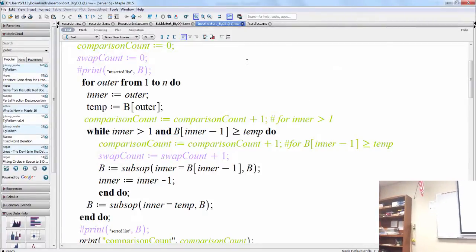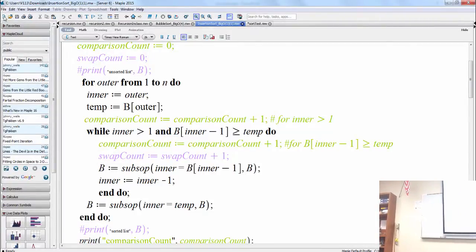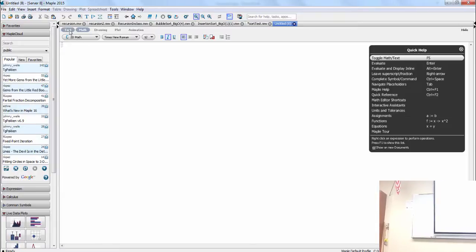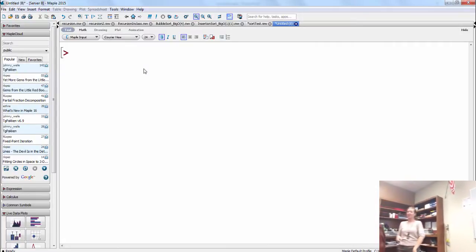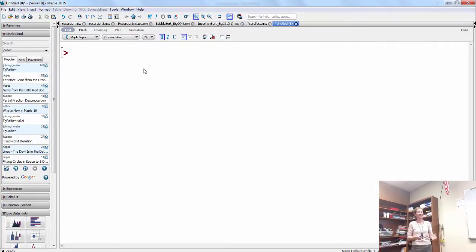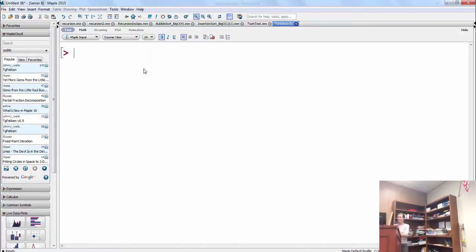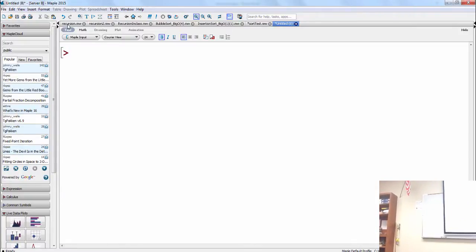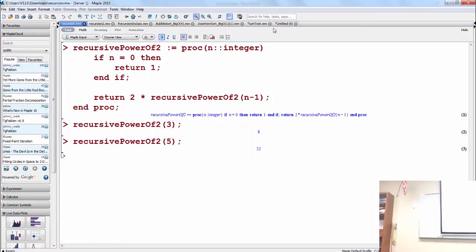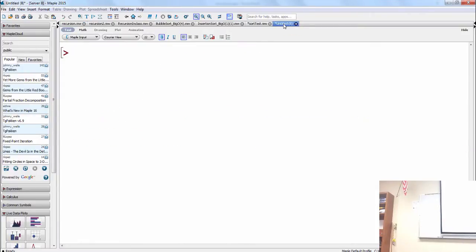Now, I did already write these things, but let's write them together, right? Kind of practice in Maple here. And you guys could open Maple too if you want to. That would be cool. You guys are all pretty good typers. I think you could keep up. Or if you have MATLAB, you can use MATLAB. Or if you want to use Java, I really don't mind either. I personally prefer Java, but okay. All right. So we won't even look at that. All right.